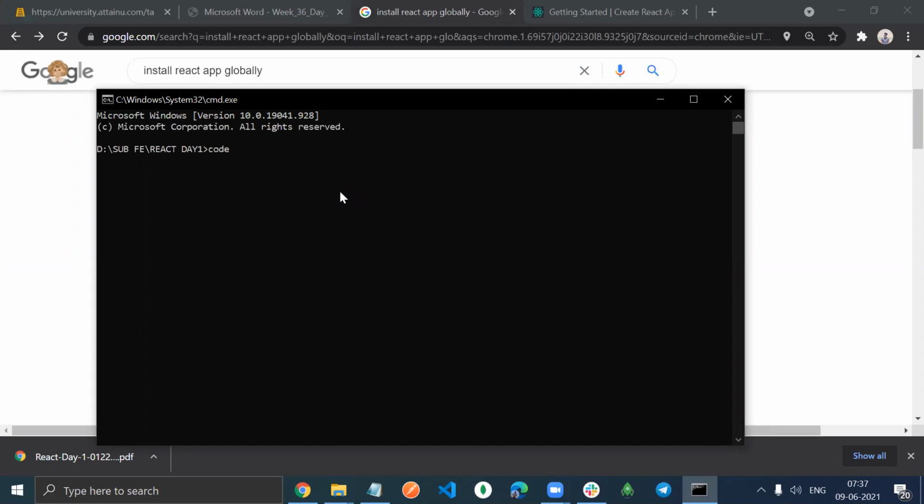So let me open the VS Code here, and I'll write all the instructions in the readme.md file so you can follow through. Again, since you are starting with React, you have to install create React app globally.